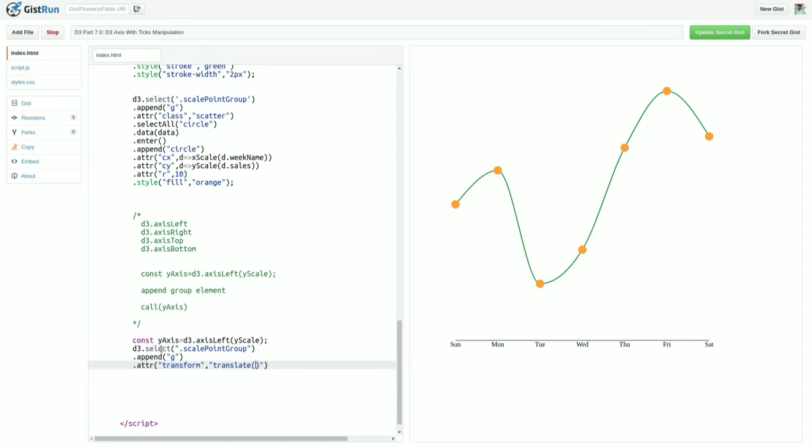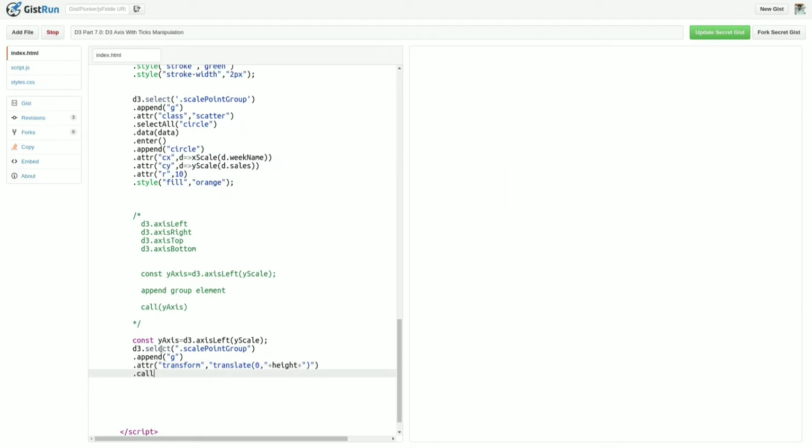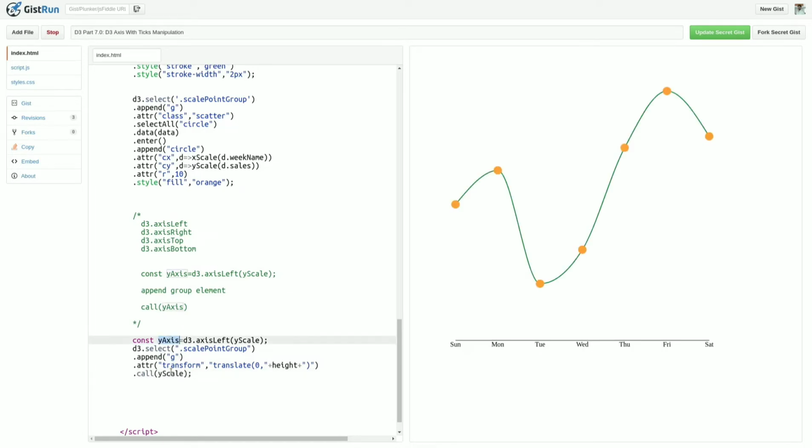I want to transform: for x it will be 0 and for y it will be height. So transform translate height, dot call yAxis. Here instead of height I will pass 0, 0.